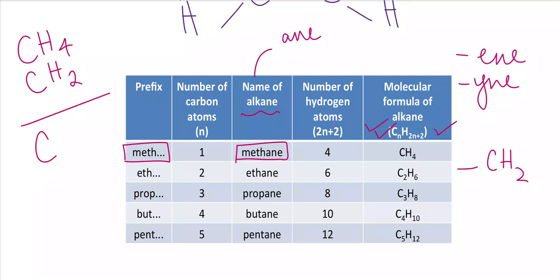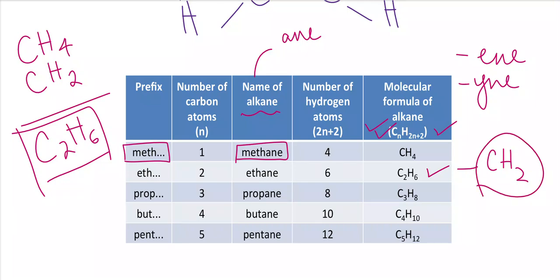Like we have C2H6. You can see here, this is the formula for ethane. So you can easily do this, there is just a difference of CH2, one carbon and 2 hydrogen atoms. The formula for these molecules is also given by the general formula, where n is the number of carbon atoms. This n, which is in this structure, is the number of carbon atoms. So you should know that this is the number of carbon atoms that are present there. If you know the number of carbon atoms in an alkane molecule, then you can always work out the